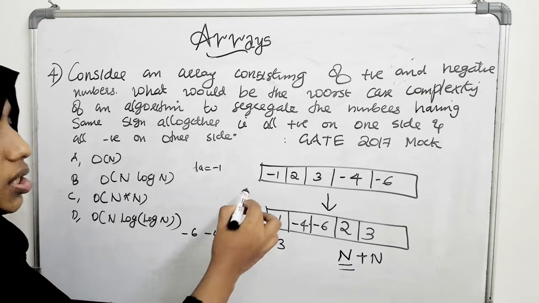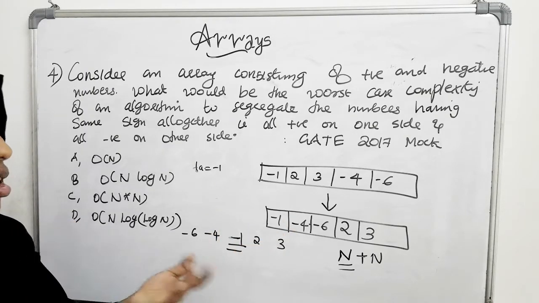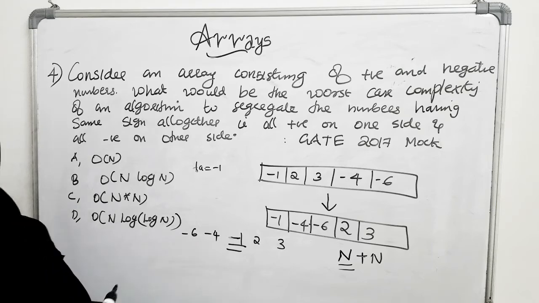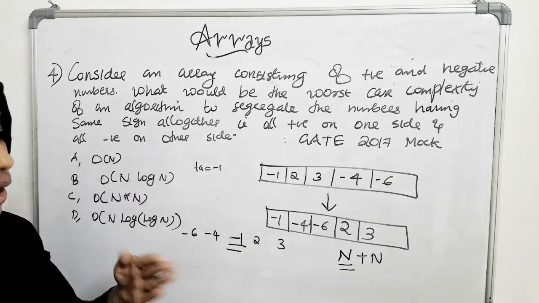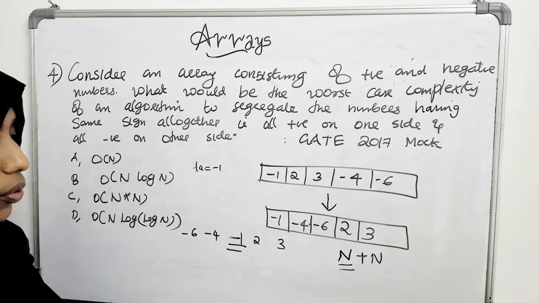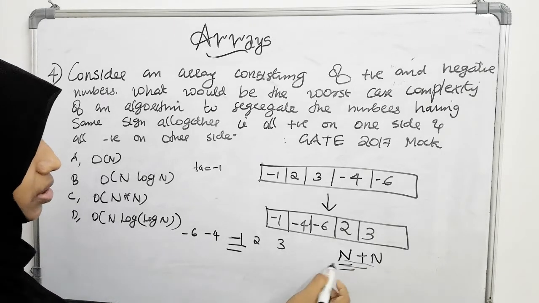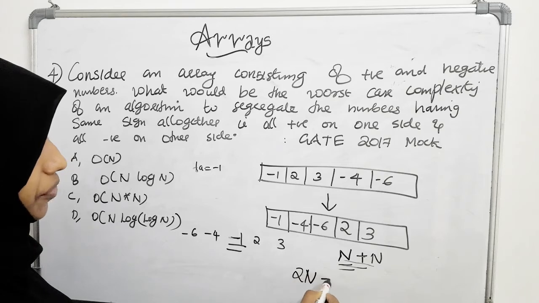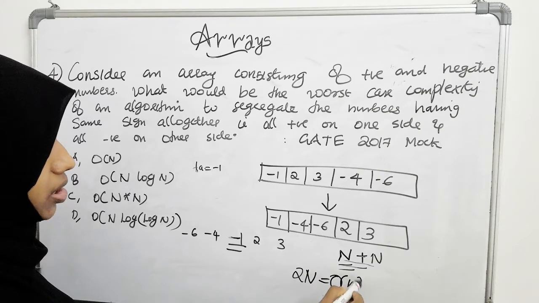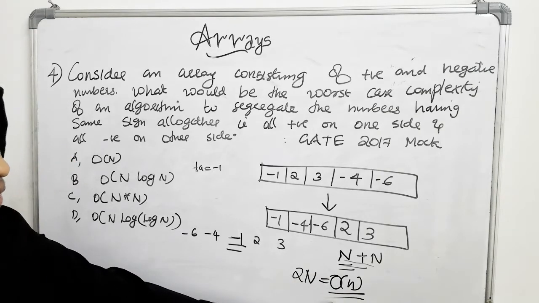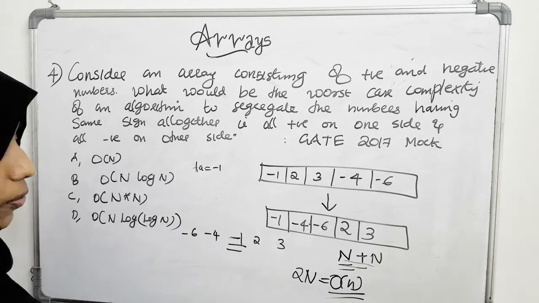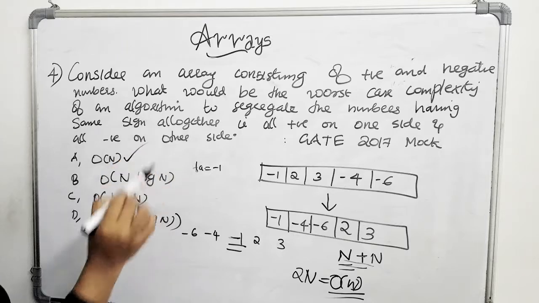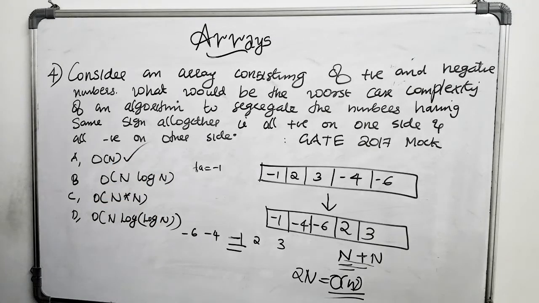That again processes the array from left to right only once to divide the elements into two parts, elements less than the pivot and elements greater than the pivot. So n plus n operations are required, that is 2n, which is again in the order of n, because when we take a complexity like this, we won't take constants into consideration. So we get order of n again. This is the correct option. Hope you understood. We will move on to the next example.